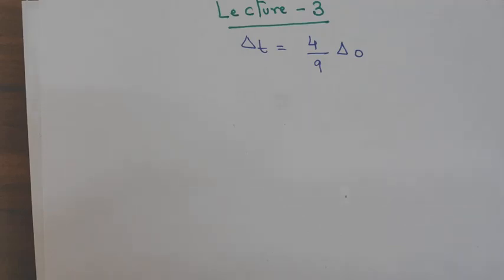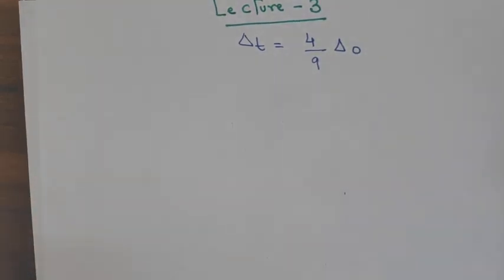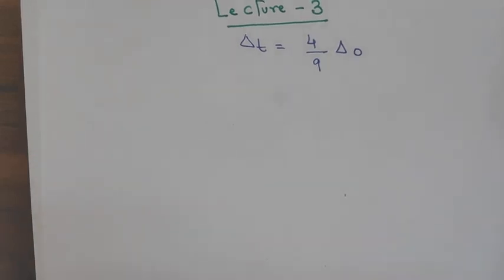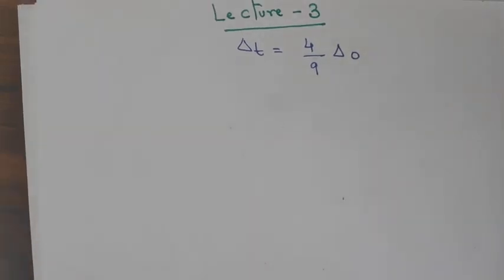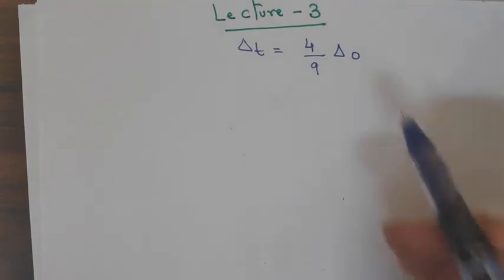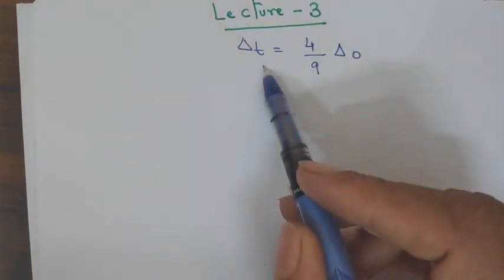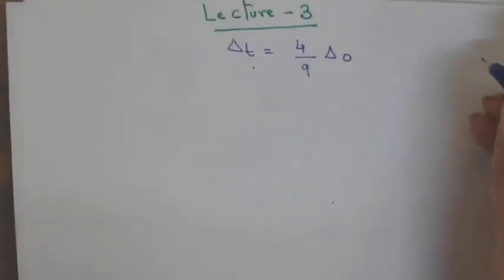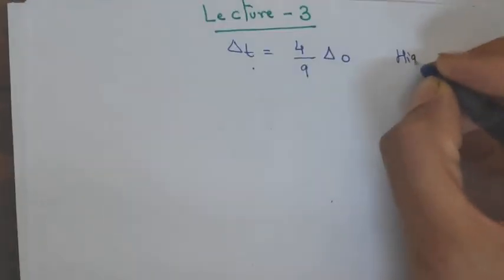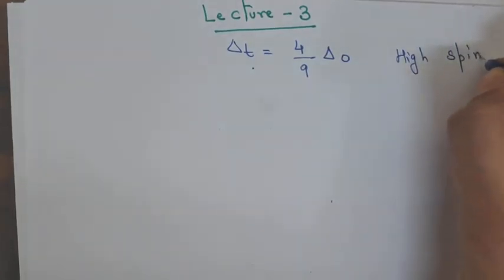I told you two reasons for this. One reason is there are 4 ligands instead of 6. So the ligand field is weaker because of the presence of lesser number of ligands. And the second reason is the ligands are not directly pointing towards any of the metal d orbitals. That is why crystal field splitting in the case of tetrahedral complexes is always lesser than the splitting caused in the case of octahedral complexes. We also discussed, since the splitting caused in the case of tetrahedral complexes is less, that is why tetrahedral complexes are always of high spin.